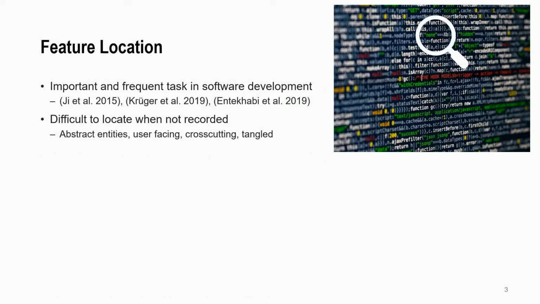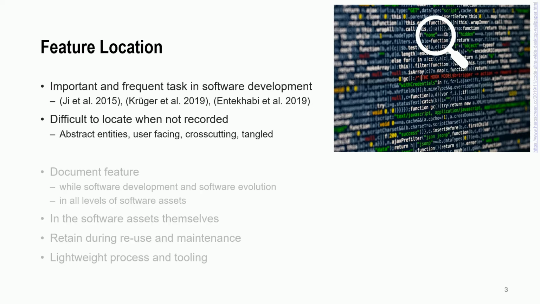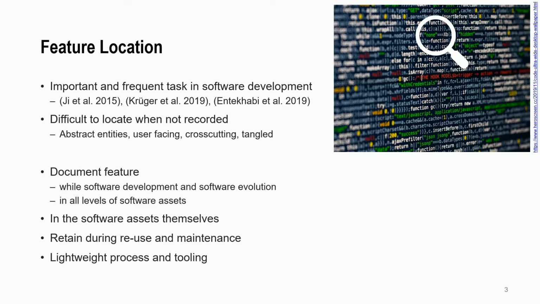To work with software features, their location needs to be known. Feature location is an important and frequent task in software development, and when not recorded, it is difficult because features are abstract entities. They are scattered around the source code, user-facing, and cross-cutting and tangled by nature. Therefore, feature locations need to be documented, and we propose to do this during software development and evolution,